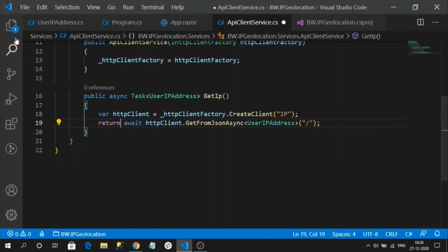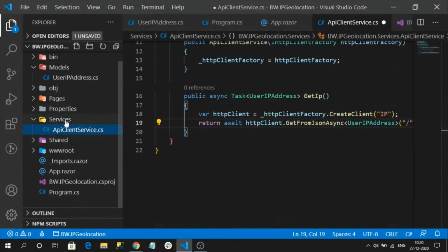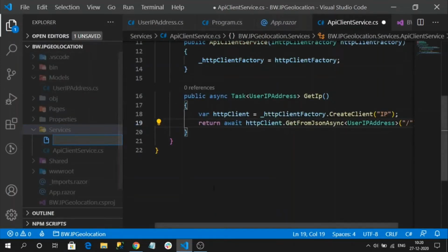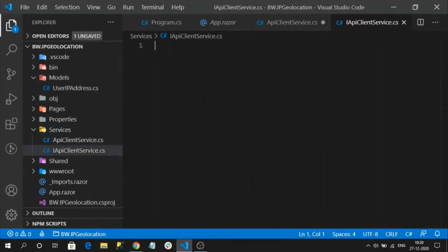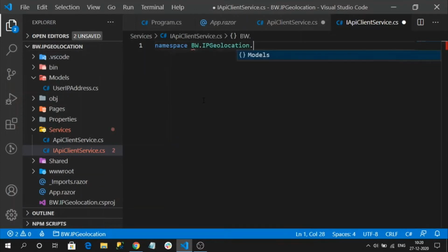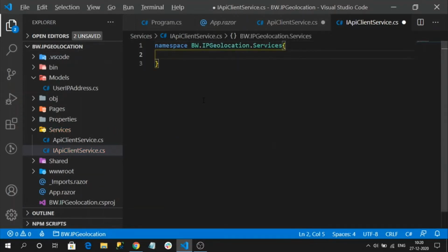Okay. Now let me create an interface for it so that we can inject it. Public interface.